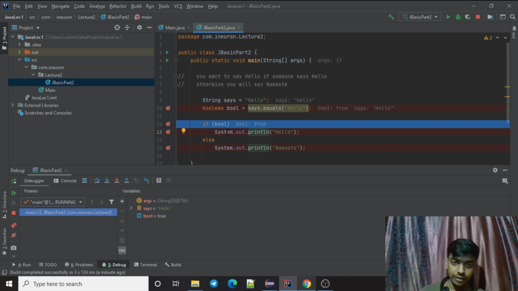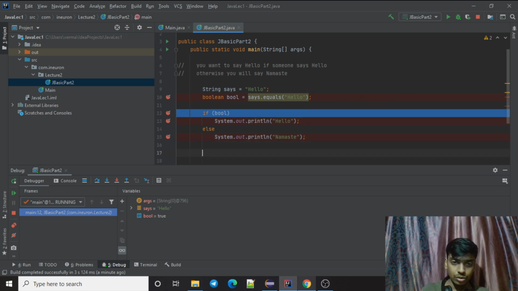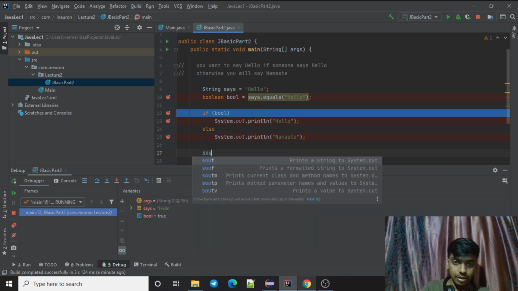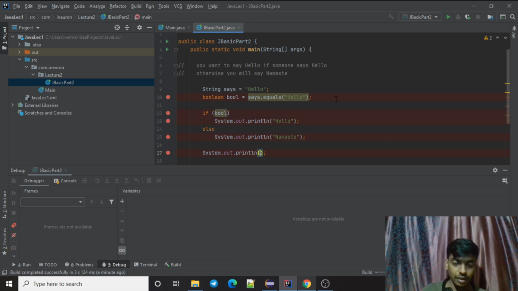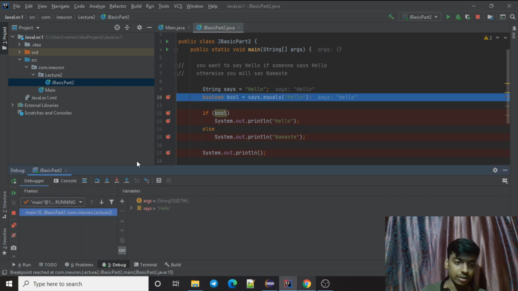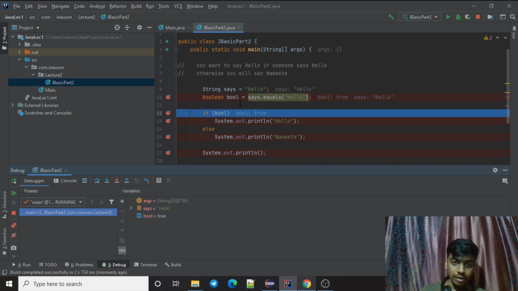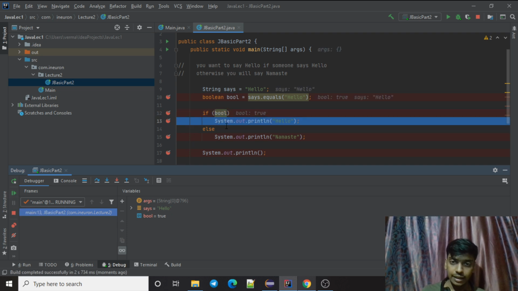Because it is true, it will come here, not here. So if I also give some s out and now run it again. I'm running it multiple times just to make it clear how it works. So it will execute this part, whatever it gives, true or false, it will be loaded to bool. It is true right now, it will come here, then it will print this.